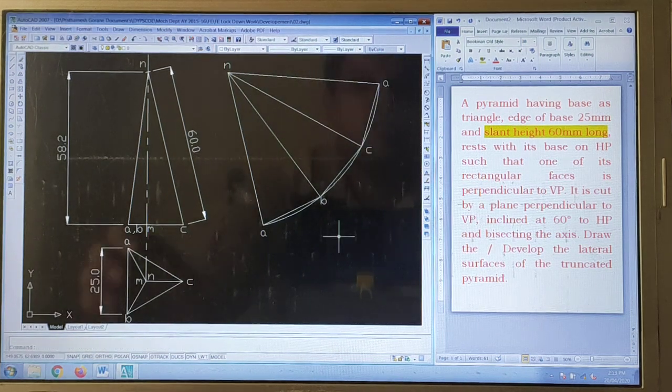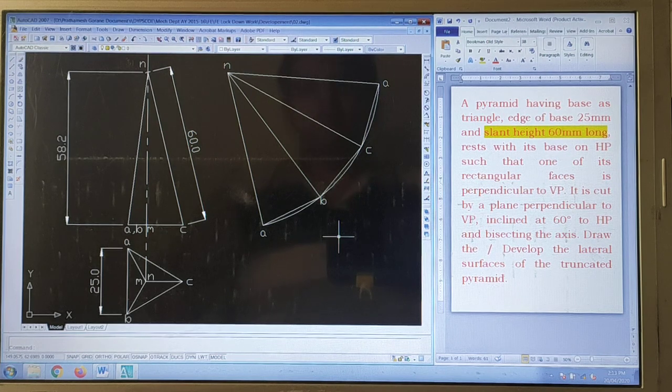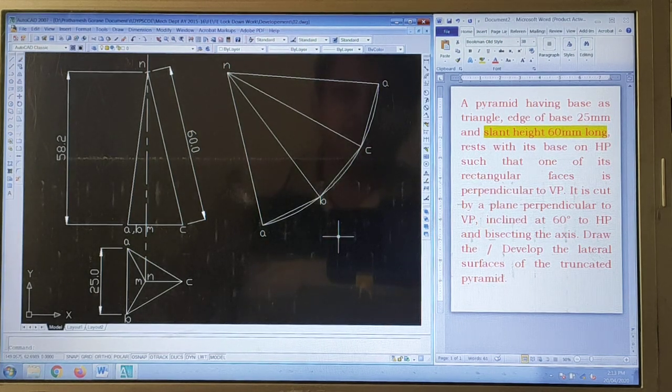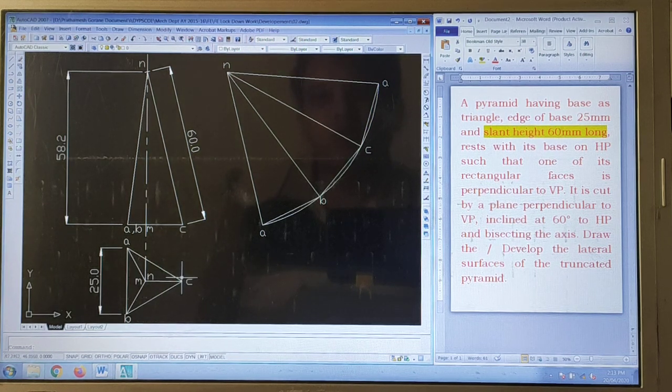So this is the solution of a basic problem, isn't it? What we should pay attention to in this problem is whether it is the slant height or the axis height. If it is the axis height, that axis height can be marked only when its top view is parallel to the VP.